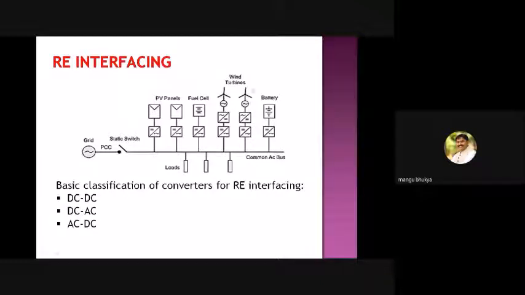Because our loads and our renewable sources are available in different forms, that is AC power or DC power. You know that most electronic gadgets require the DC form. Even your mobile charger works with a DC supply. That is why in between we have an adapter. The available supply is AC, and the mobile phone, that load, requires DC power. So we are using an adapter between the AC source and the battery for charging.